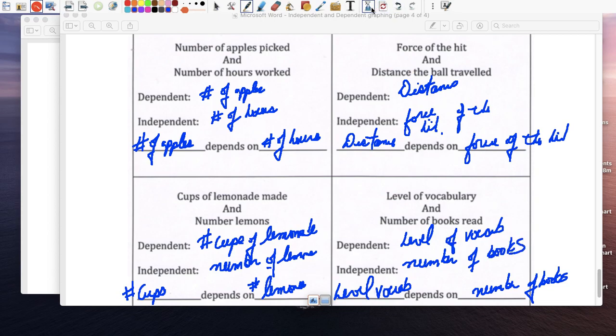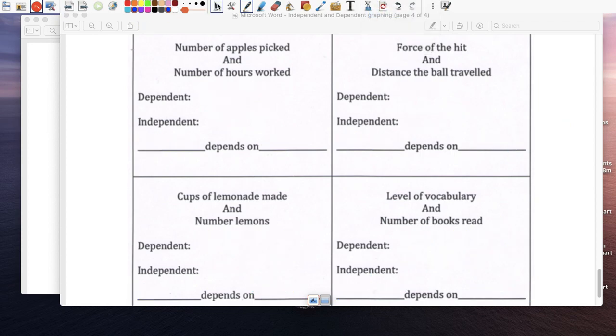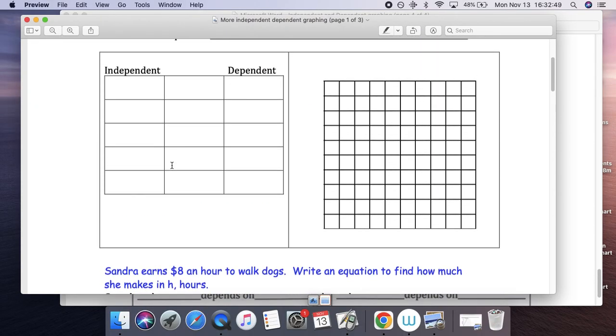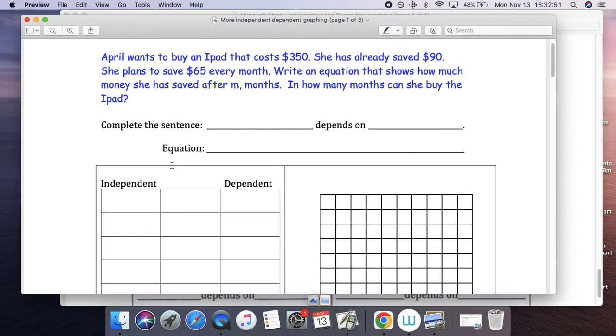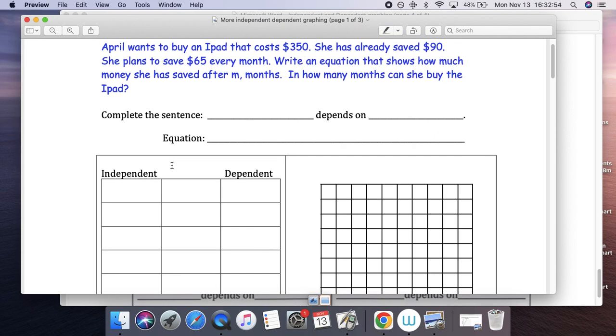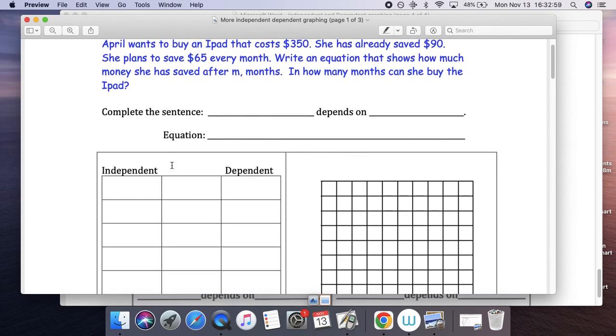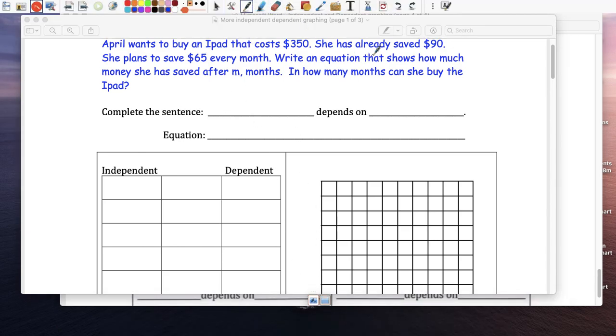Okay. I think that was the first one, and then the second one, just a couple of questions, right? Four questions. Oops, sorry. All right, no big deal. Let's see. April wants to buy an iPad that costs $350. She already has $90 saved. She plans to save $65 every month. Write an equation that shows how much money she has saved after n months, and how many months until she can buy the iPad. So the money